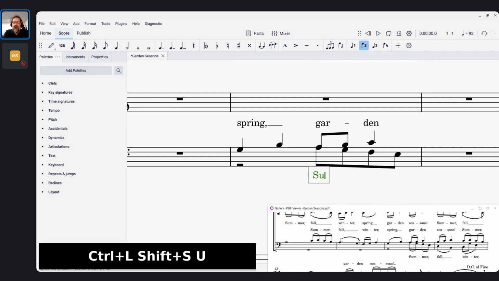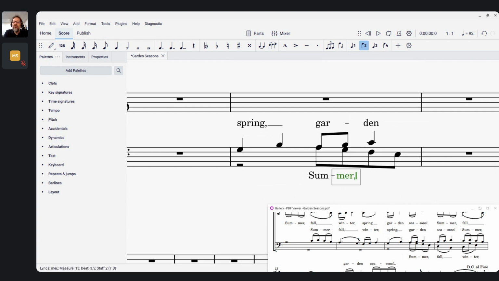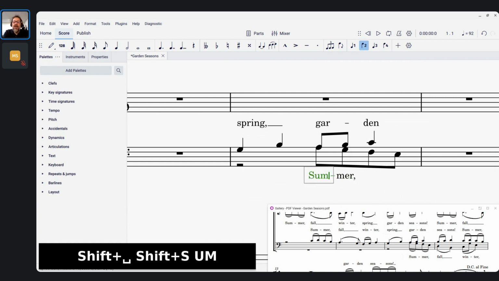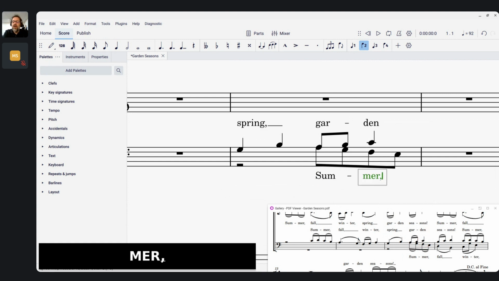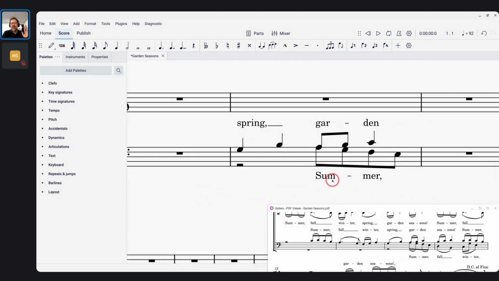Hit Ctrl+L, "sum," dash, "mer," comma. Oh, "sum," nope, not "sum." It's "sum," dash, and then another dash, because "sum" is also a melisma. "Summer." So, "mer," comma, space, and then space again. So that's how you would enter that sort of thing. I often do it that way. I'll enter the top voice's lyrics first, select them, flip them up to the top, then I can enter the bottom voice's lyrics. So anytime you're trying to have multiple lyrics for multiple voices,